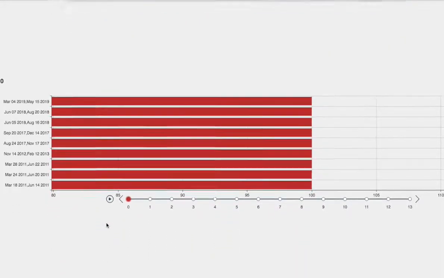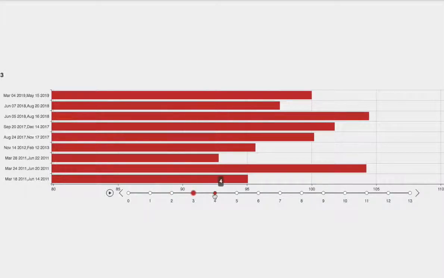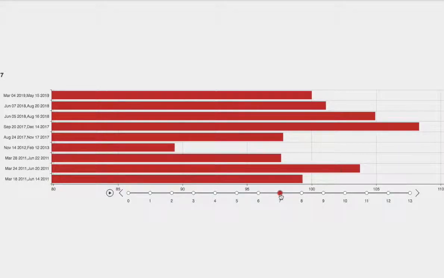I'll go day by day where GDXJ or Gold Miners Jr. will head to in the next coming days. So 1 day out, 2 days out, 3 days out, 4 days out, 5 days out, 6 days out, and 7 days out. So back then in March 24th, 2011 to June 20th, 2011,